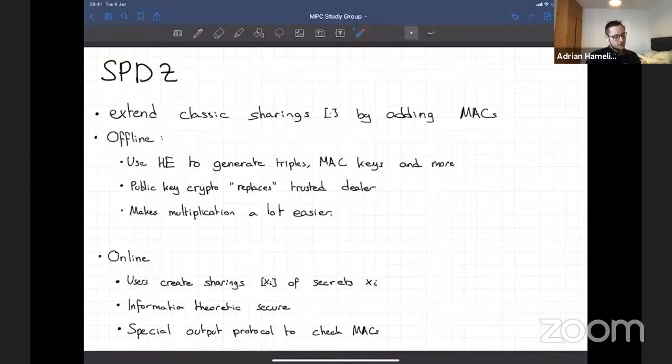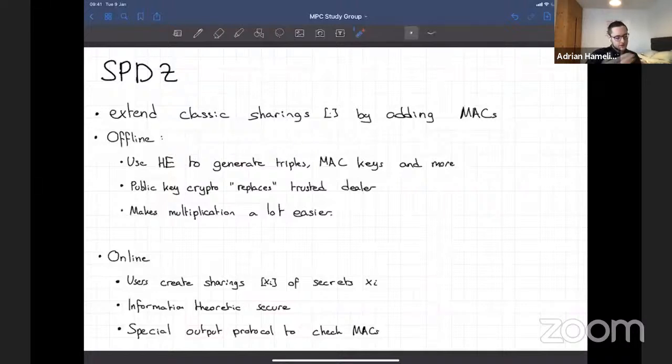So you do this in the offline phase, or pre-processing, using homomorphic encryption. This is also the step where you generate the MAC keys. These public key crypto techniques replace the trusted dealer, but it means that it's much heavier computationally.